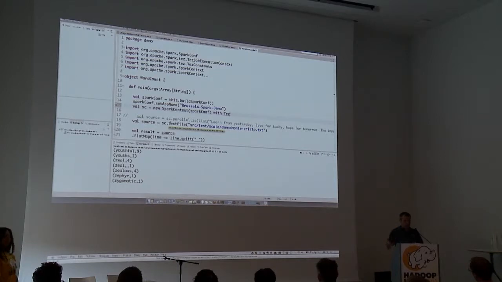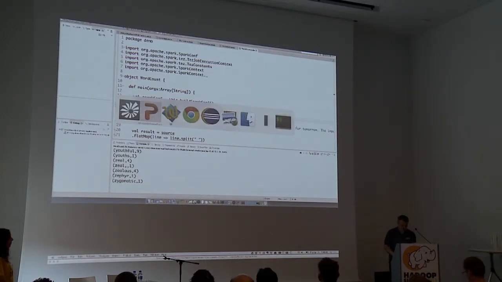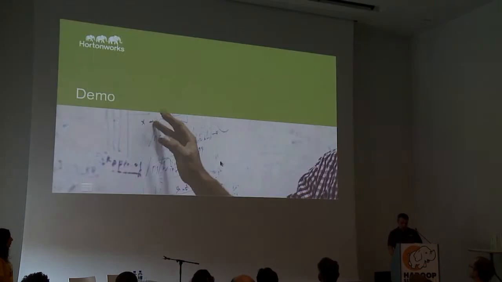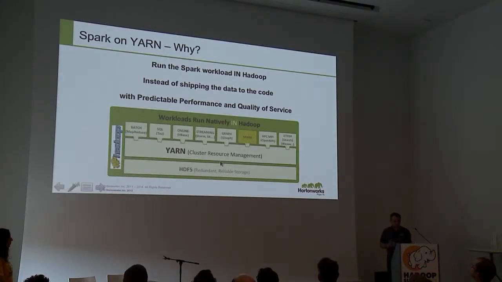And since we're primarily dealing with customers who are using Yarn, a lot of this effort was done with Yarn specifics in mind, but at the same time, we're working with other clients who are integrating Spark with their own execution environment, something that they actually had before even Hadoop, right? So, all right, I have 2 minutes left. Let me go back to the slides and talk a little bit about Spark on Yarn.